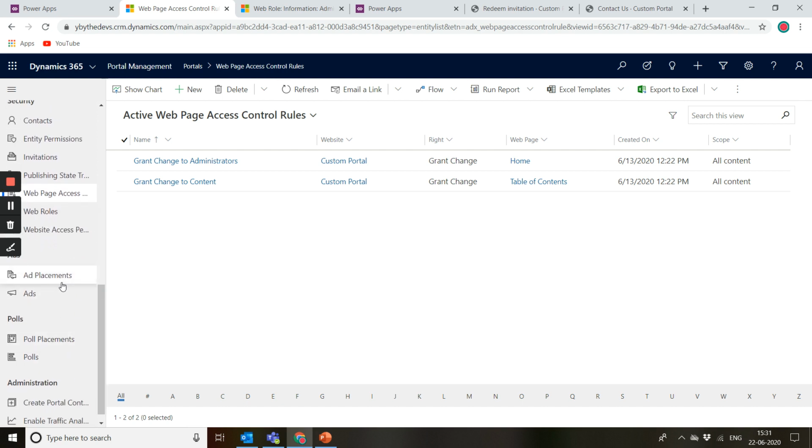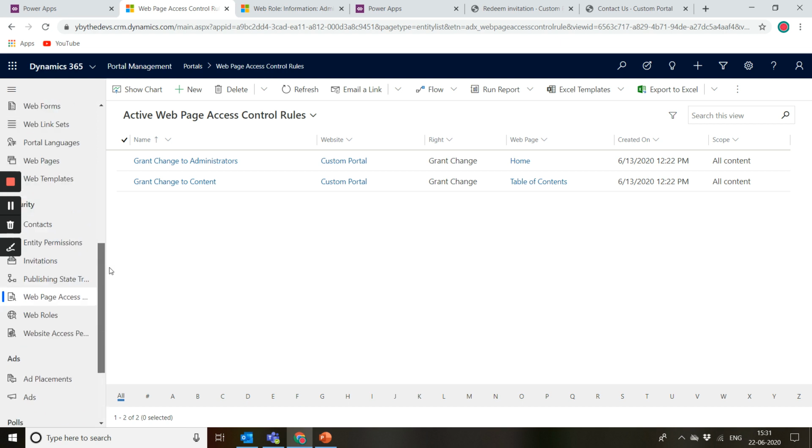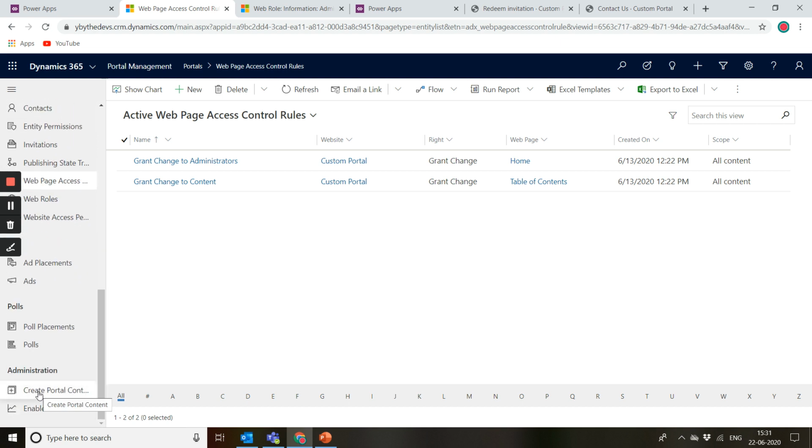Then if you want to add some ads or polls on the pages, you can add those, and they can be configured easily within your portal pages. For administration, if you don't want to build that directly from here, you can use this create portal content, and you can select which template you want to use or what your page is going to look like.